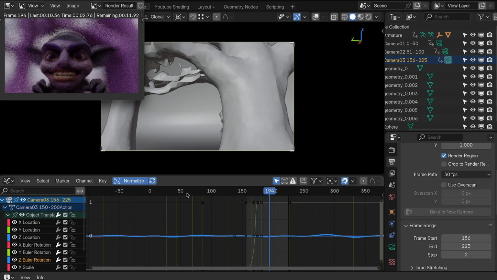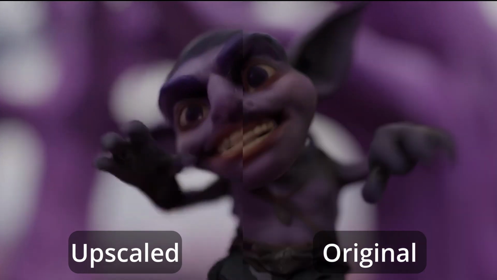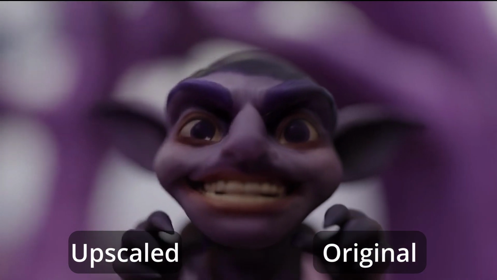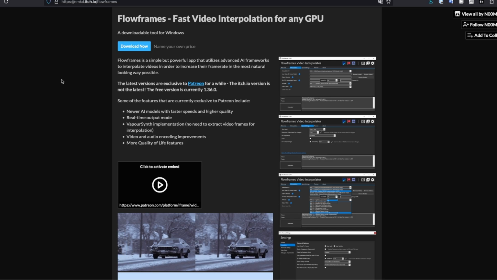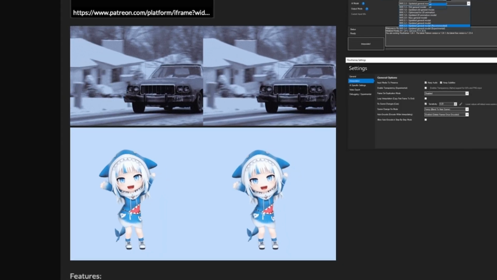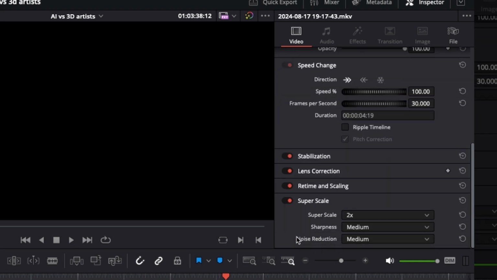And since I'm rendering on my Mac laptop, it's not really good at rendering. Because of that, I'm rendering at a really low frame rate, 15 frames per second, and a low resolution to be able to actually finish the render on my Mac, which is actually a very good opportunity to test AI upscaling to increase the resolution and Flowframes to increase the frame rate of the final render. So to increase the frame rate, I used something called Flowframes, which is a free software for Windows, and it just takes an input video and interpolates between the frames to create a higher frame rate. And to improve the resolution, I'm using DaVinci Resolve's Super Scale, which is also included in the free version, I think.